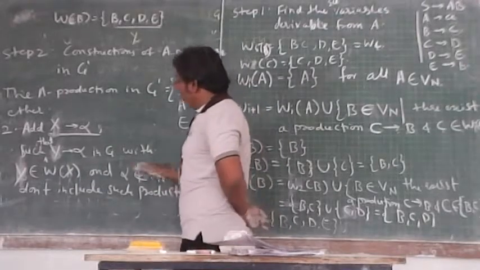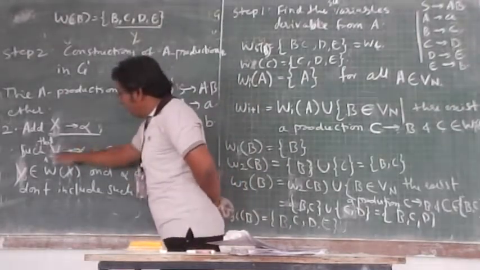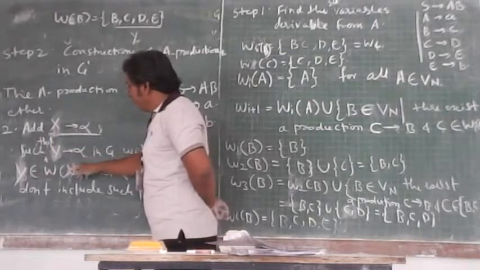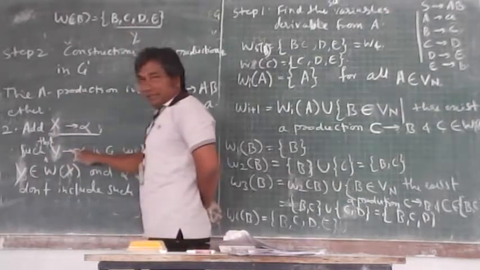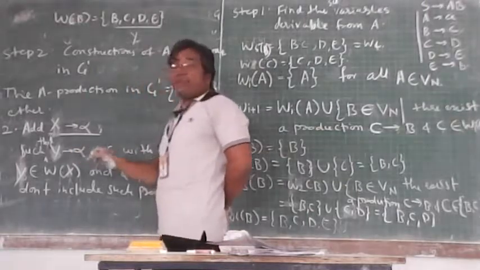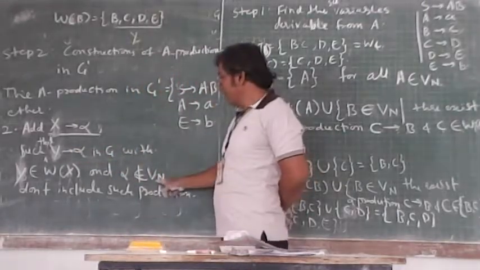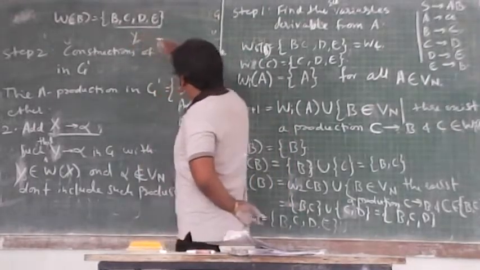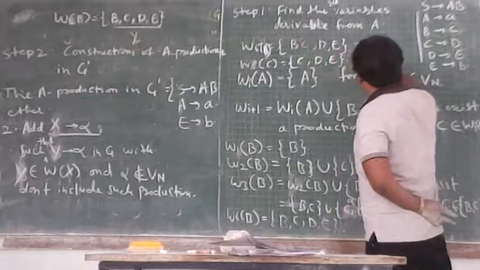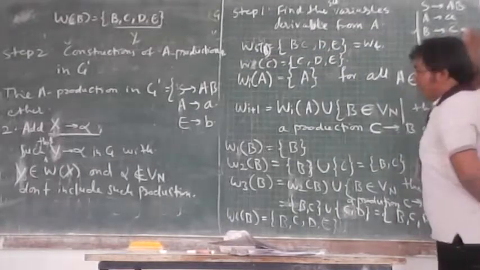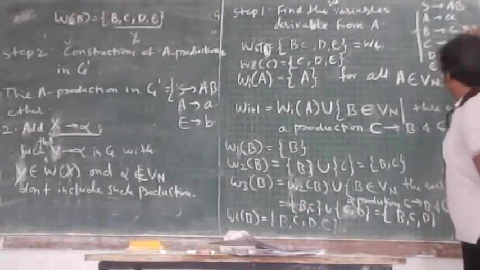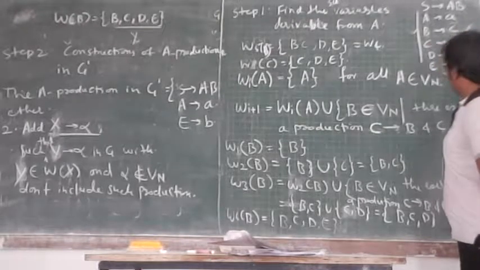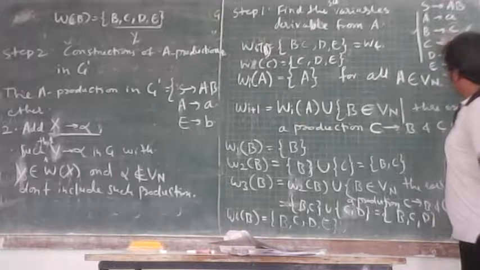Bn. So for a particular production selected from this working set, its right hand side should not be a variable. Okay. So if you see B, C, D, E, this B, C, D production you see, B, what it is having? Variable. So I go for C. C, what it is having? Variable. I don't include these two.